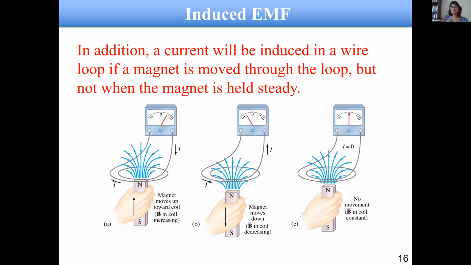He also did the same experiment without the power source, by using a magnet. He had the coil again connected to a galvanometer, and then he tried to bring the north pole towards the coil, and he saw a deflection. Then he moved the north pole downward, and he saw the deflection on the other side, in the negative direction. When he kept it constant, there was no deflection. This is another experiment of that series, right? But finally what he realized is that there should be some relative motion that affects